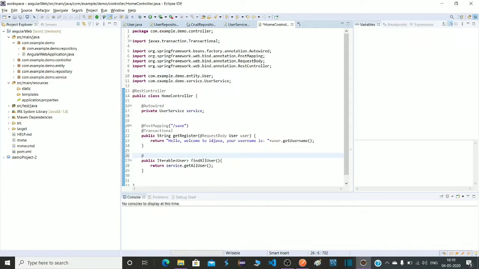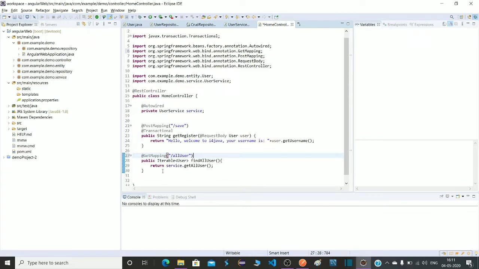Fine. When this method should be called, I am using @GetMapping here, and all user. If someone hits this URL, because we are taking records from the database, we no need to mention @Transactional here.